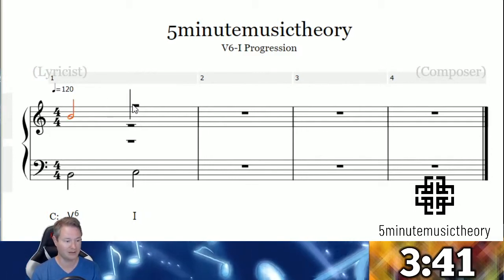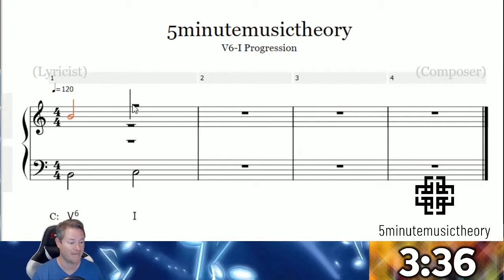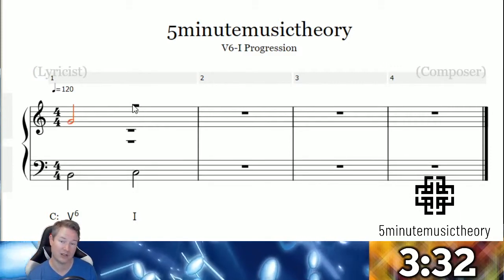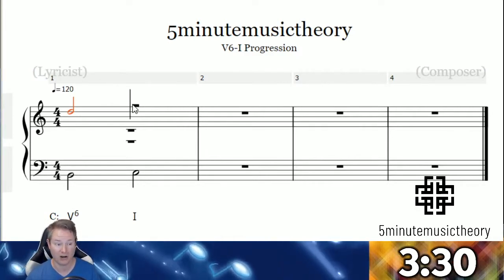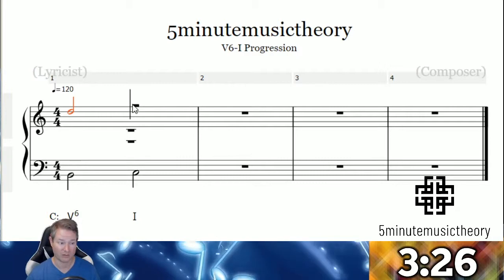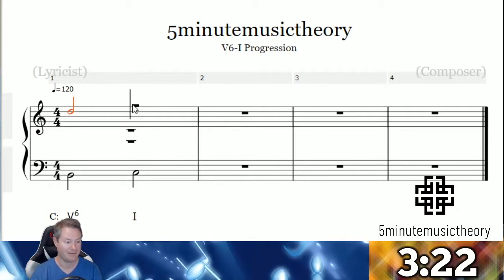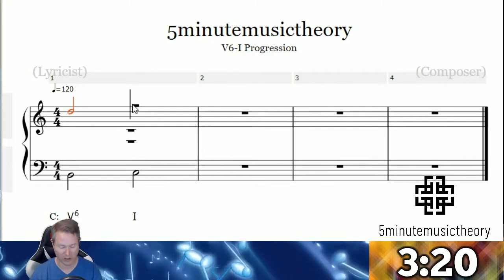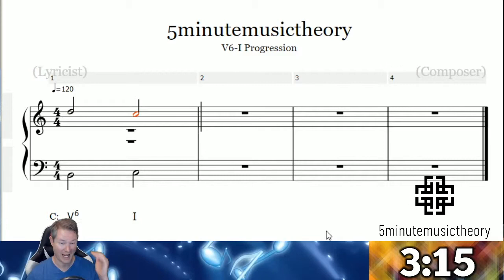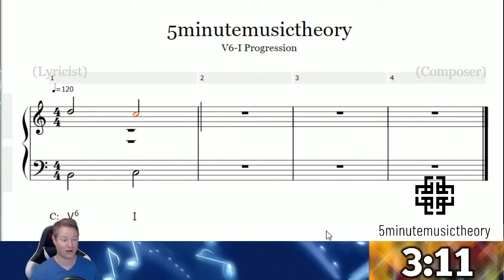B would be doubling the outer voices, which is not the strongest, so let's not choose that. G works there. It's a little bit low. D also works, and it's in a better spot to maybe create some nice downward motion and contrary motion between the outer voices. And in fact, that allows the next chord to go to a C, double our root in that chord, and create nice, beautiful contrary motion by step. So that looks great to start off.